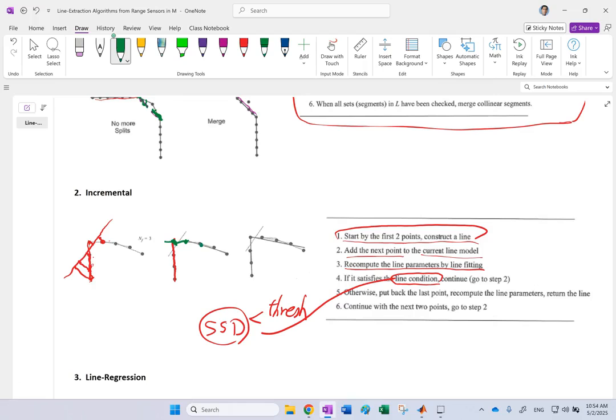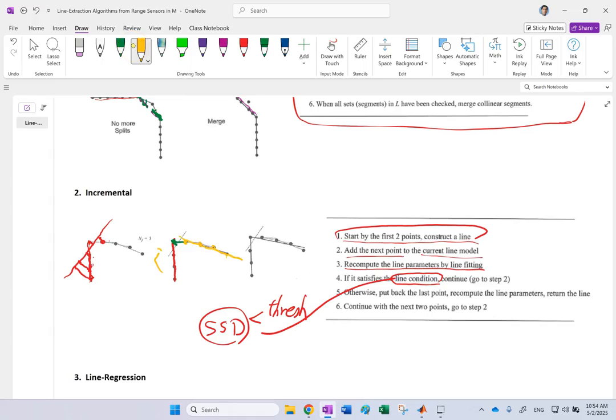Now I bring another one. And this time maybe I have to pass this kind of line. If the sum of square differences is above the threshold, again, maybe that's not a good point. So I say, well, that green line was a good one. I'm gonna stop it, and now I'm gonna start the next one again with the point of the previous one, and then this one, and then again I fit a line and bring more and more, and